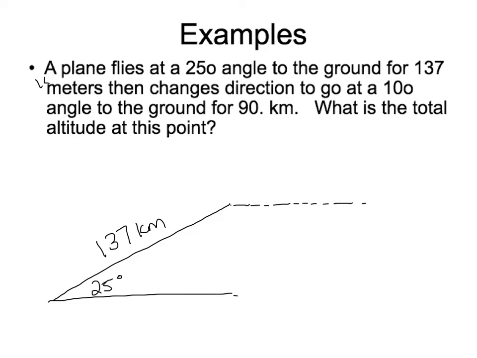So I'm just going to continue this ground line, and I'm going to narrow the plane's path a little bit to only go at a 10-degree angle to the ground, to the horizontal. Okay, it doesn't say an additional 10, it just says 10 to the ground. So I'm going to just do the ground, and then that's my one vector, and here's my other vector. I should have drawn that a little less long. Actually, go back. I'm going to try to draw that to scale, 90 kilometers. And then the question is, well, what's the total altitude at this point? So I'm going to